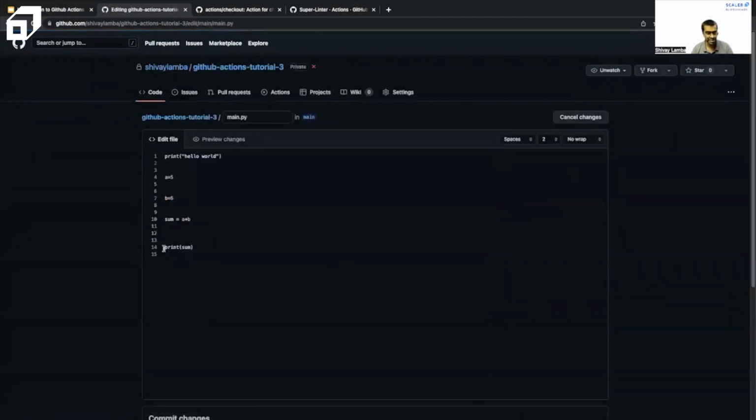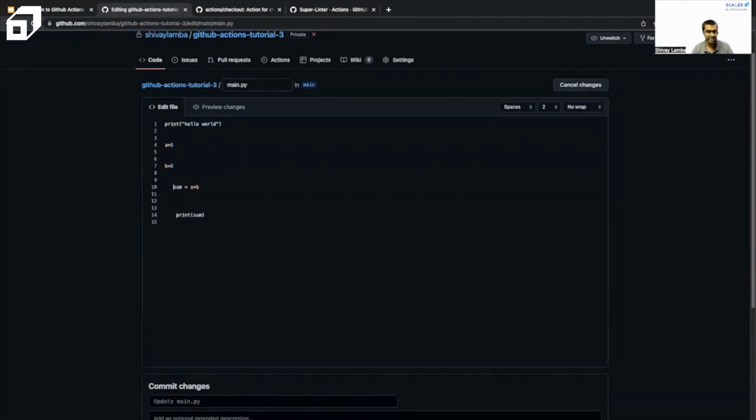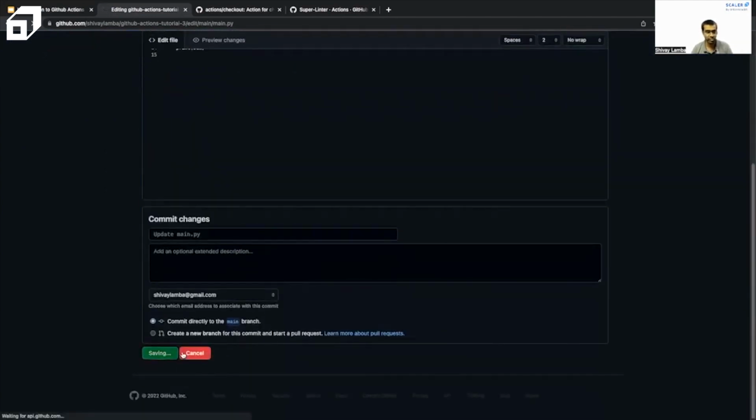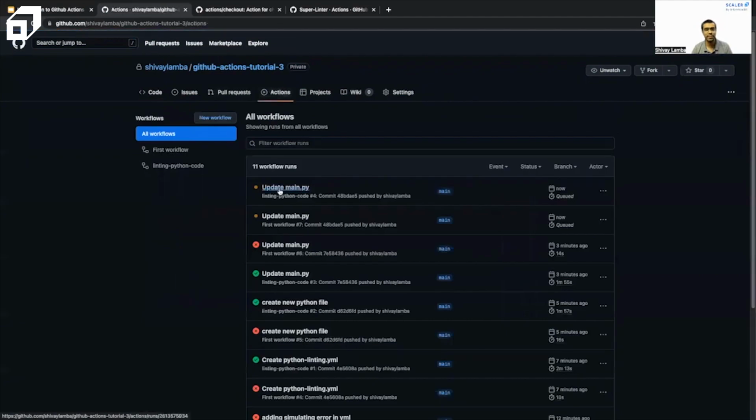So let's try to simulate an example where we might actually have an error. So let's say that we are going to be adding, let's say, extra space over here, and over here. So we'll just go ahead and create this commit. And now let's see if it is able to detect. Of course, it will be running both of the two different workflows that we have created. So in this case, we are going to be again running this, but of course,